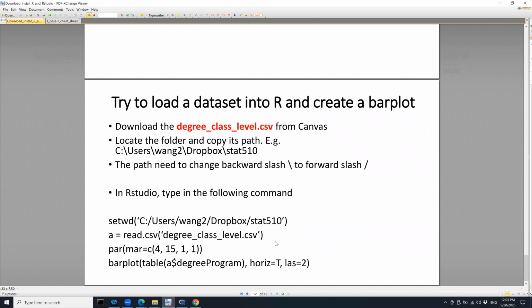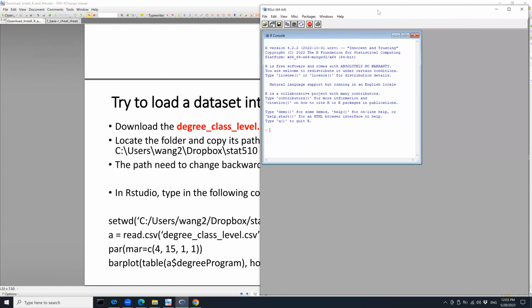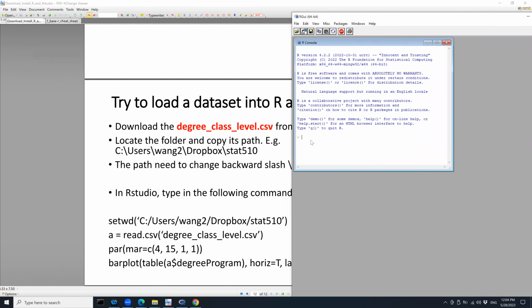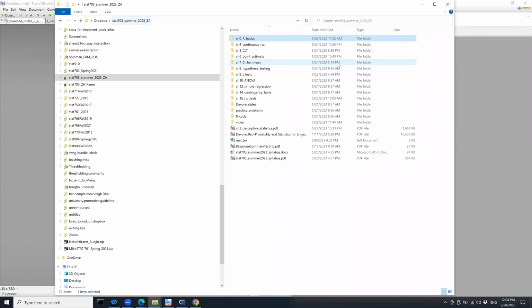After you download the R or RStudio, try to load a data set into R and see whether it's successful. So first open R. For example, here, I'm going to open the R. This one is the R itself, not the RStudio. With the R itself, if I want to load a data set into here, I will first need to set the working directory. This directory, generally, you can just go to your computer. For example, for me, if I want to open a data set, I'm going to, let me see,